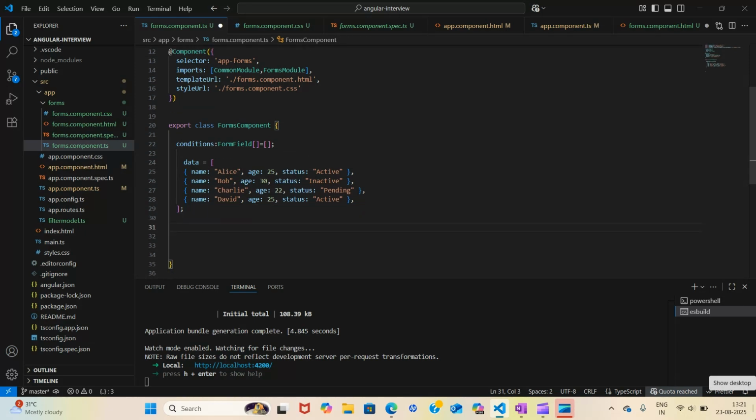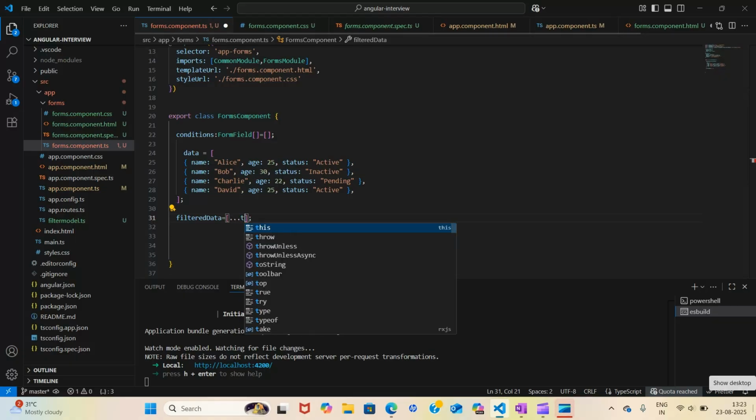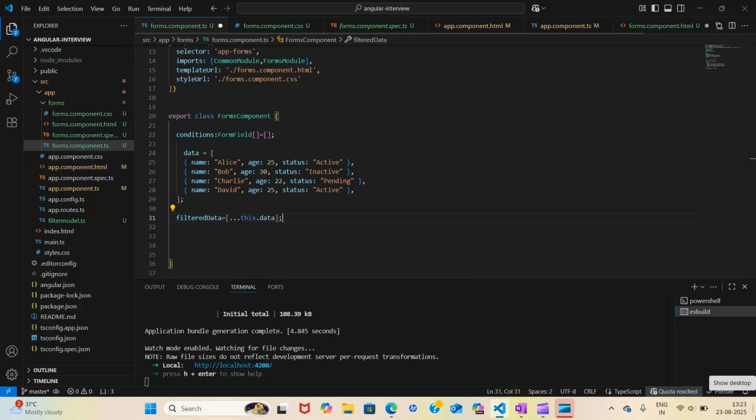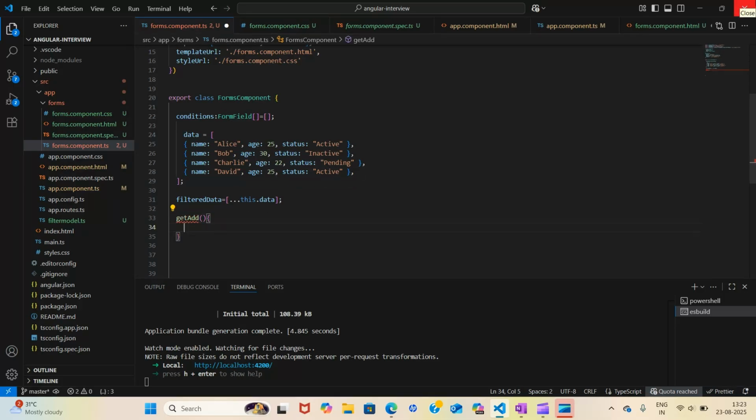Now I want to display this data, so let's create filtered data. To display this data, I will use this.data. First of all, let's make the add function. I have this array, and I want to add rows in it. Initially this is an empty array, so I will do this.conditions.push.